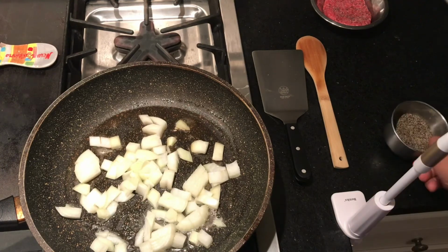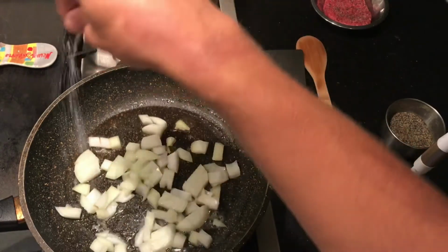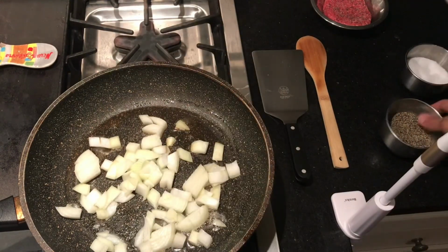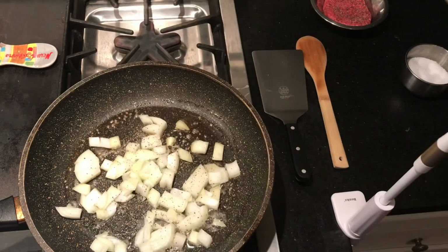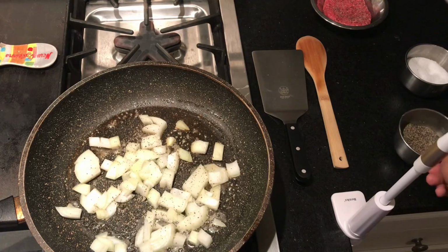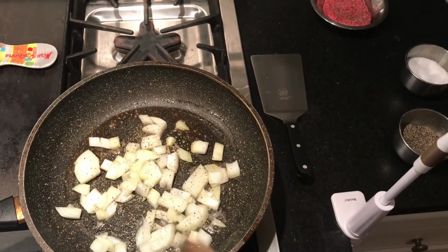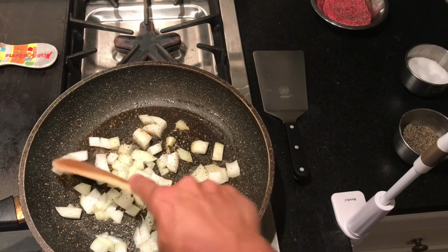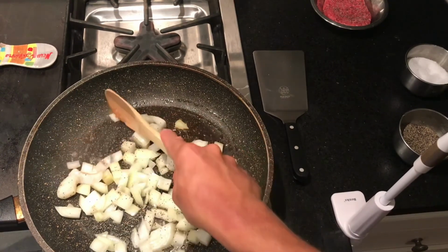Next, you're going to season with a pinch of salt and a pinch of pepper. And then you could go ahead and turn your heat up to medium high, just so we could quicken up the process here and get some color or browning or caramelization